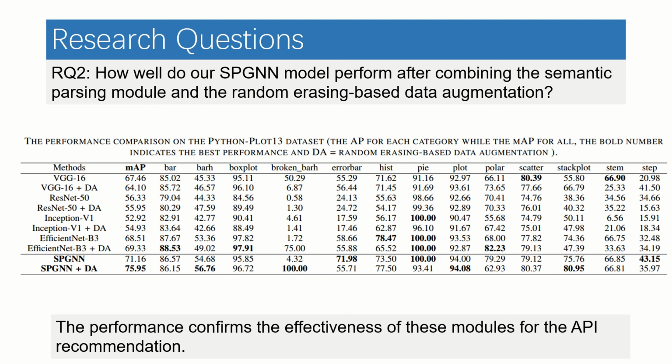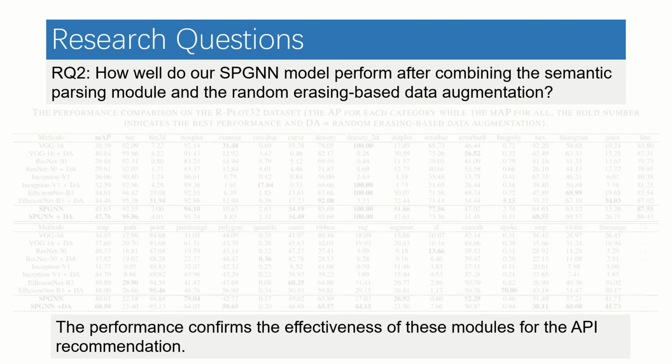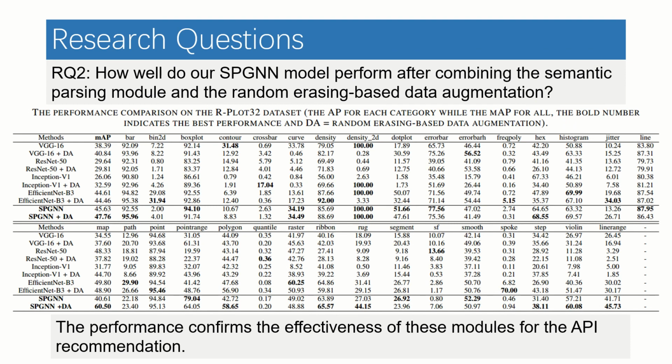The Plot2API dataset is a more challenging dataset with more samples and more APIs. Our method still performs the best. The gains of SPGNN over VGG16, ResNet 50, Inception V1, and EfficientNet B3 in MAP are 7.24%, 15.99%, 19.57%, and 1.02% respectively. And such numbers for SPGNN plus data augmentation are